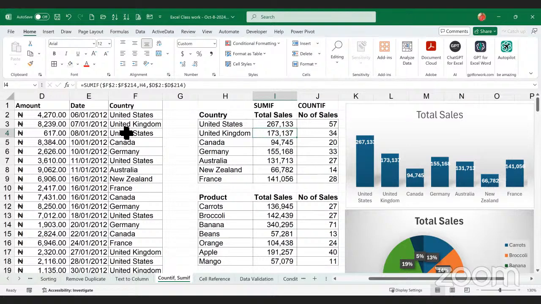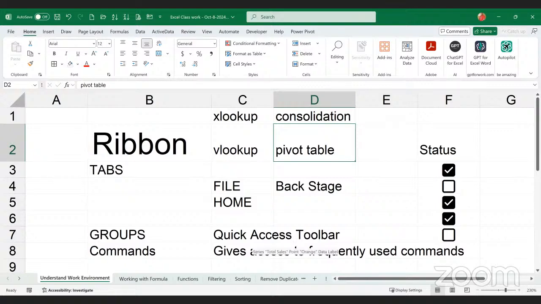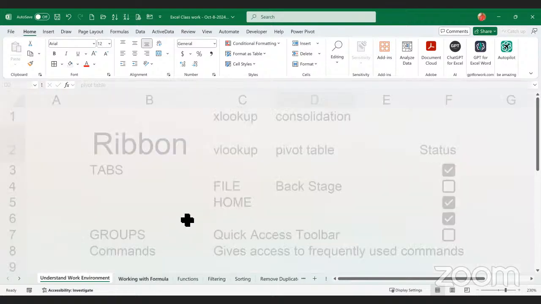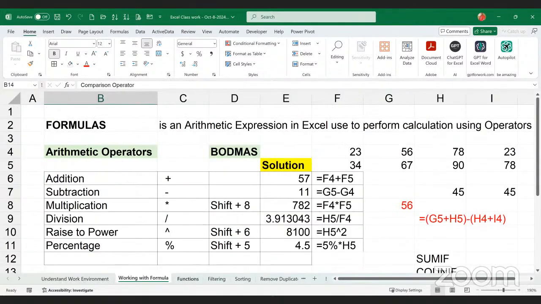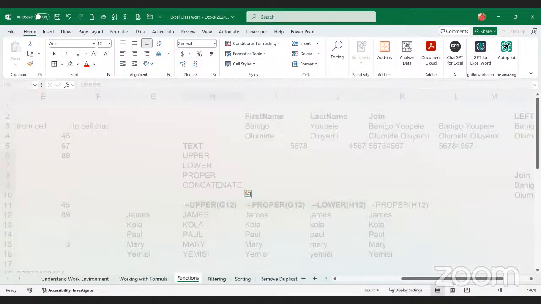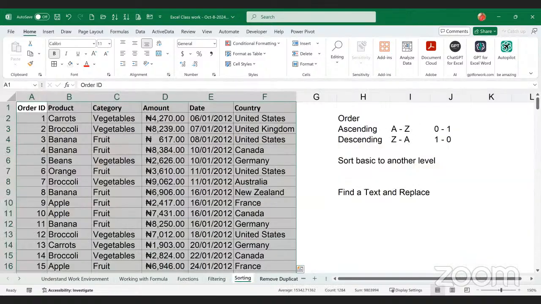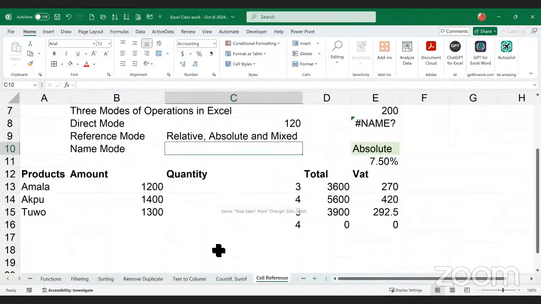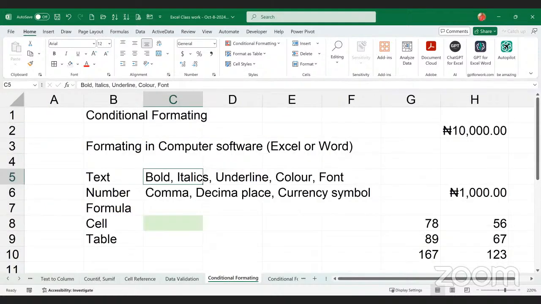In our first class, you made mention of two terms, consolidation and XLOOKUP. We have not talked about that. Is the XLOOKUP the same as the horizontal, or vertical? It's just the same as VLOOKUP. So if you check the files that I shared with you,